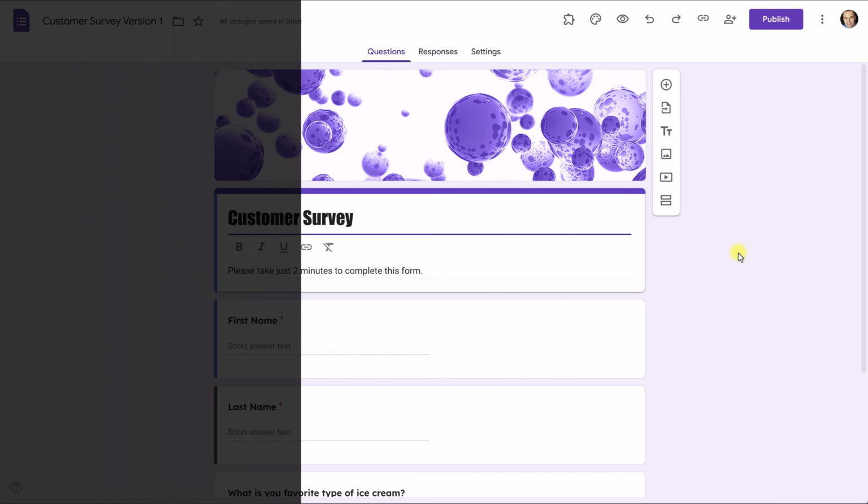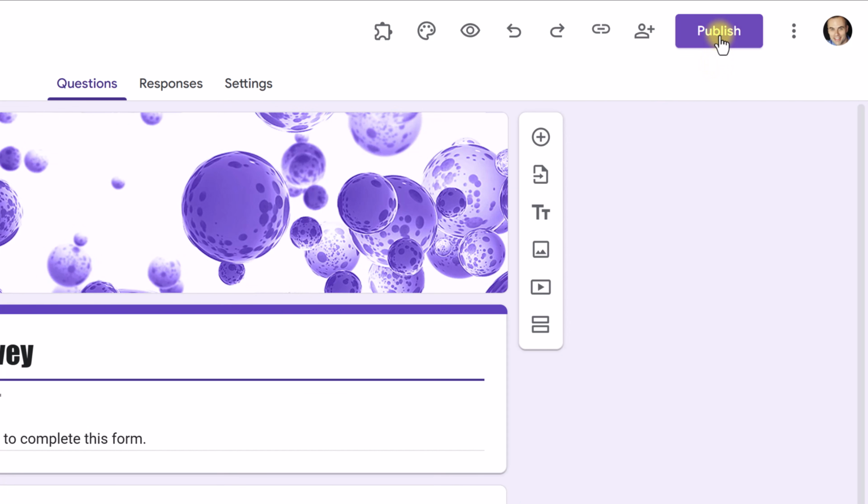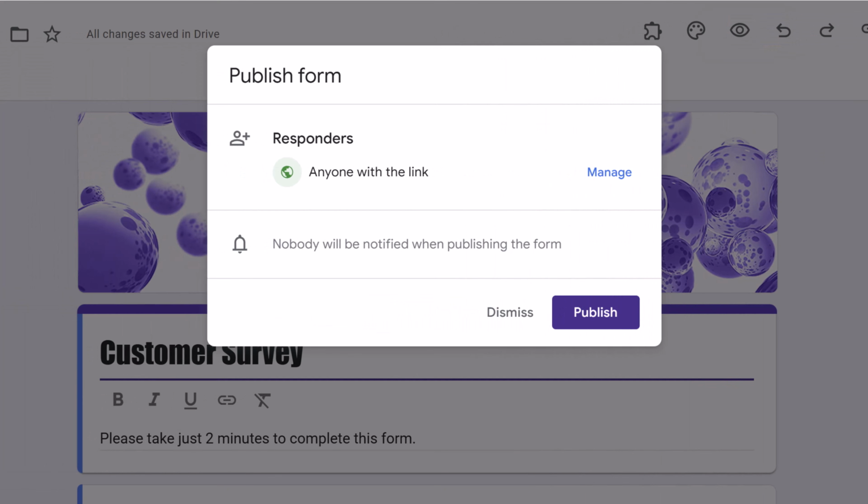So now that we're happy with our form, it's time to publish. Here in the top right-hand corner, we have this Publish button. By selecting this, it is going to allow us to choose if we want to share this with anyone with the link, or if we want to share it with just specific people. Now, in most cases, you're going to want to leave this as anyone with the link, because if you're using